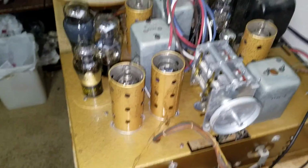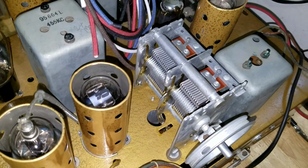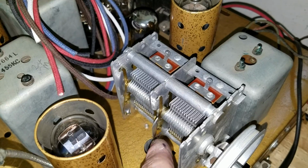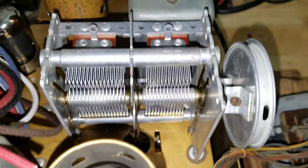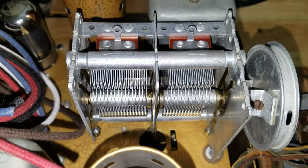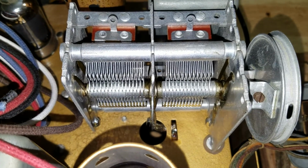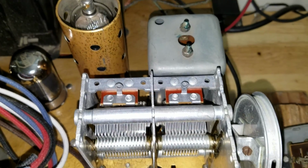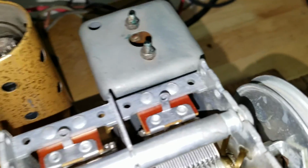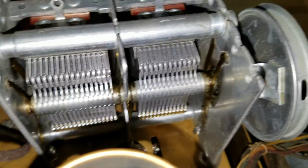Now, of course, this thing was pretty dusty and dirty, but all I really needed to do was take it apart, clean it, and lubricate, and use some DeoxIT on all the electrical contact points. I took this tuning condenser off, and believe it or not, I clean it in the sprayer of my kitchen sink with a soft plastic brush and soap and water. And that gets 99% of all the grime off them, and the rest comes off with a little bit of lacquer thinner. And then I very carefully lube that ball bearing, and I put some DeoxIT in those contact sliders,